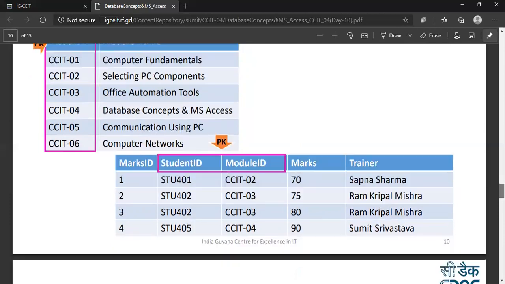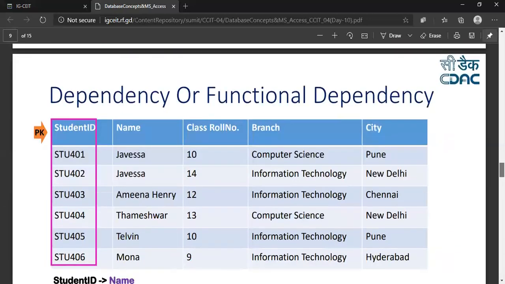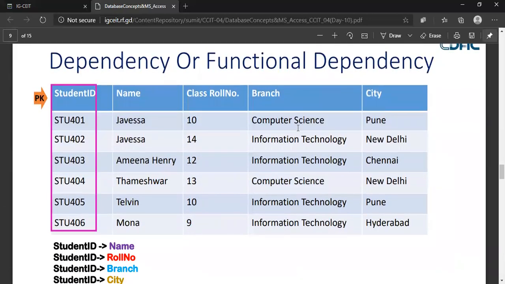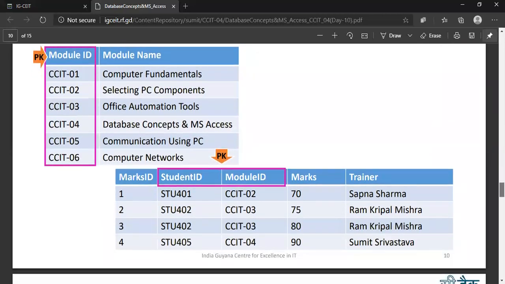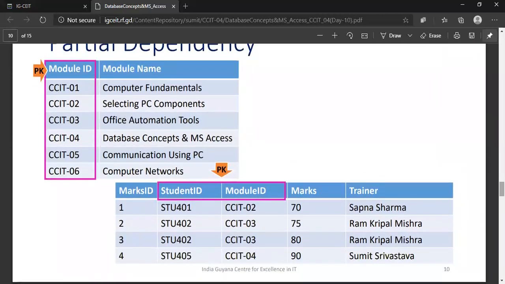If you see in the previous table here, functional dependency, all columns are fully dependent on a student ID. All columns are fully dependent. But here in this scenario, all columns are not fully dependent. They are partially dependent.